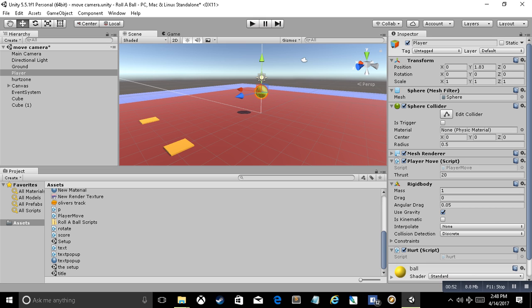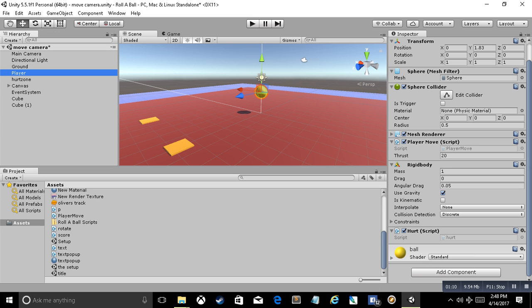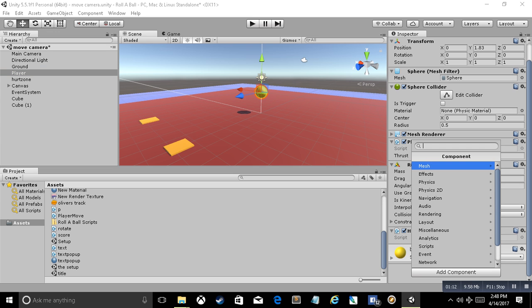But for this example, what we'll do is we'll use the trigger and we'll set the event in the OnTrigger for the ball to reposition itself when it enters the trigger area. So we are going to write a new script by selecting the ball. We're going to go ahead and do add component. We'll create a new script. We'll call this